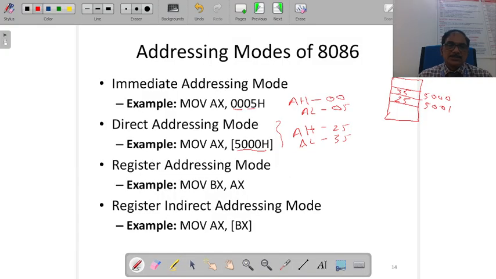The third one is the register addressing mode. In the register addressing mode, the operands are available in the registers. For example, the instruction is MOV BX, AX. In this case, before the instruction, for example, AX is having 1000 and say BX is having